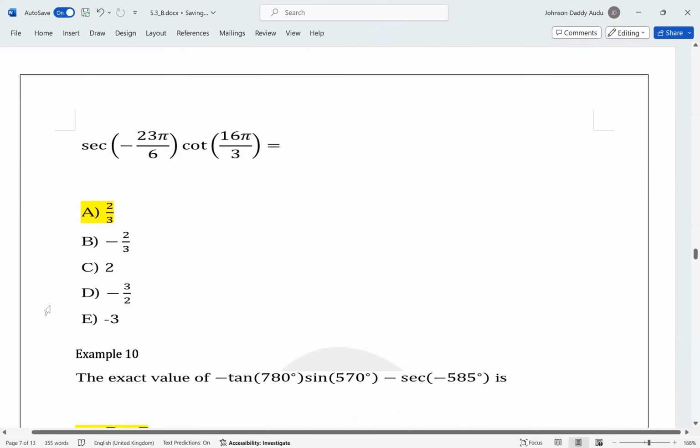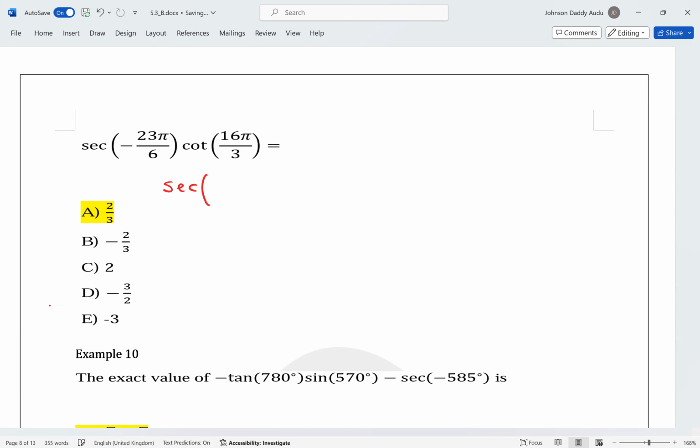Now, this one is talking about sec. So let's start with sec first. So we have sec of minus 23 pi over 6. So one thing we can do here is we can take the coterminal until it becomes positive, right? So this is the same thing as sec of minus 23 pi over 6, and it's going to be plus k times 2 pi in this case. Now, what can we take as k? I think we can take k to be